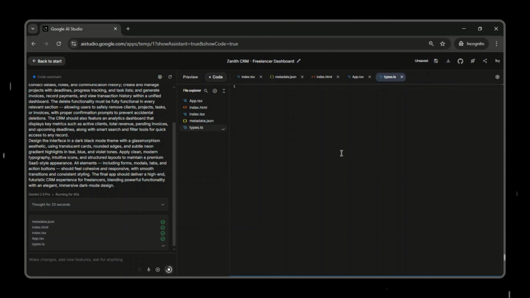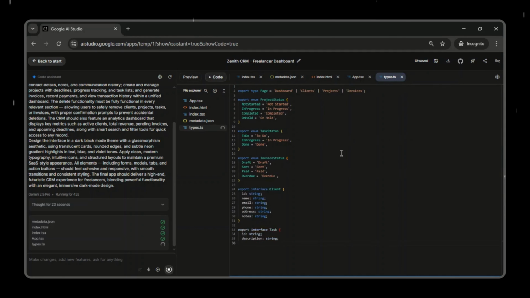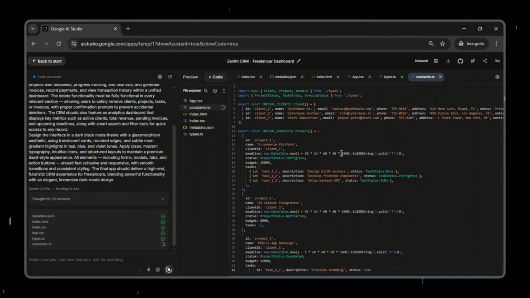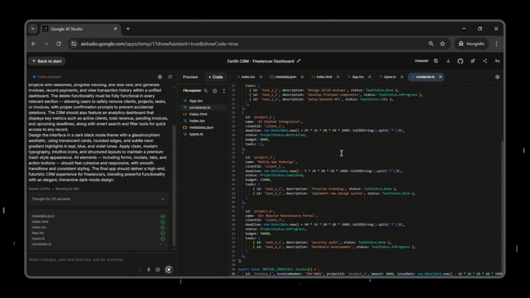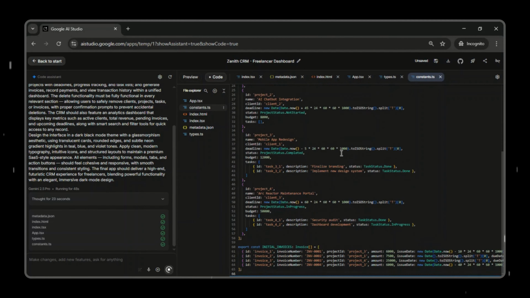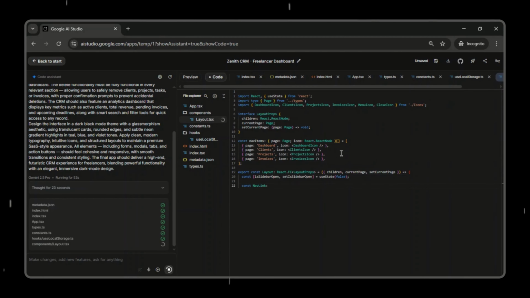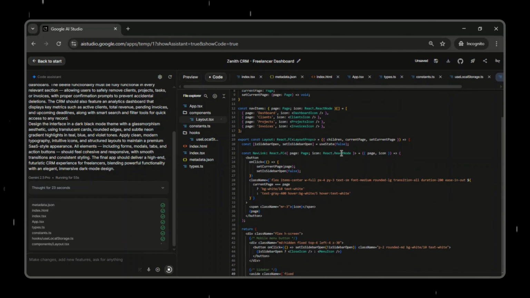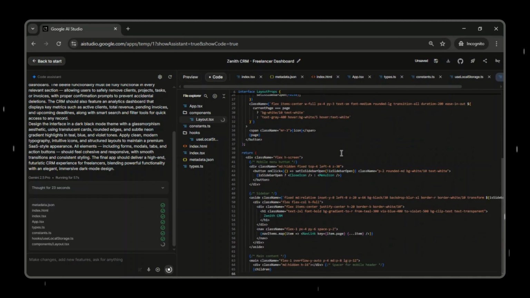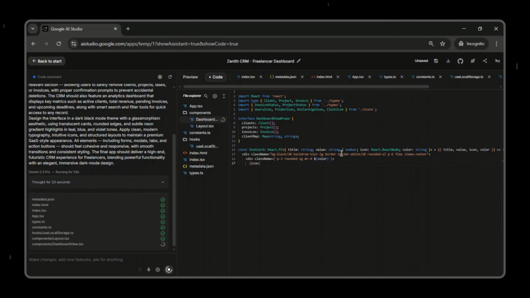Users should be able to add, edit, view, and delete client profiles with complete contact details, notes, and communication history. Create and manage projects with deadlines, progress tracking, and task lists, and generate invoices, record payments, and view transaction history